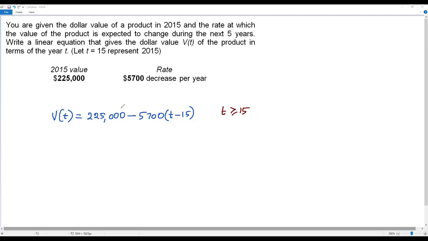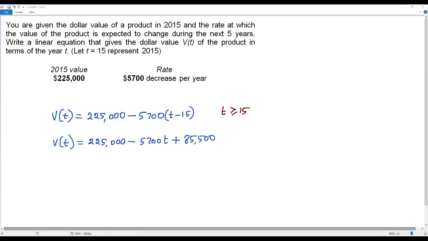Okay, now we got the linear equation which gives the dollar value V of t of the given product. Now what we have to do is some more simplification. So let me do it. V of t equals $225,000 minus, we can distribute this 5,700 to t and negative 15. When I distribute this negative 5,700 to t, I'm getting negative 5,700 t. When I distribute this negative sign to this negative sign, it will become positive. When I multiply 5,700 by 15, I am getting